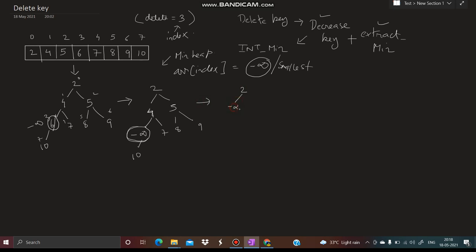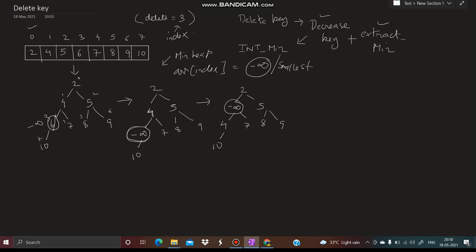So I'll have minus infinity here, then 5. As I have swapped 4 with minus infinity, 4 will be over here. This one will be 7, 8, 9 and 10. Again, I need to swap minus infinity with 2. In decrease key I have already explained why we are swapping the values, and we need to iterate till the root index.